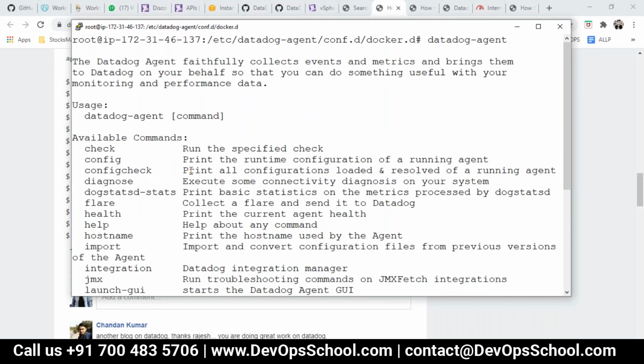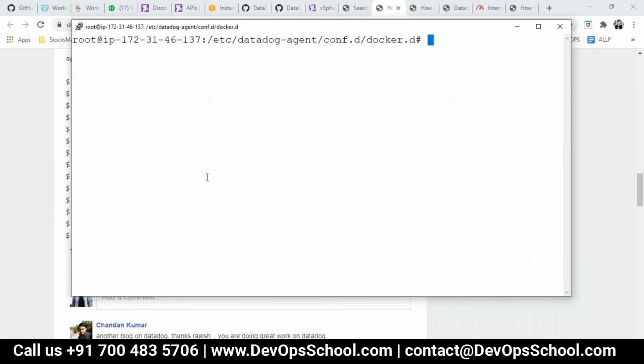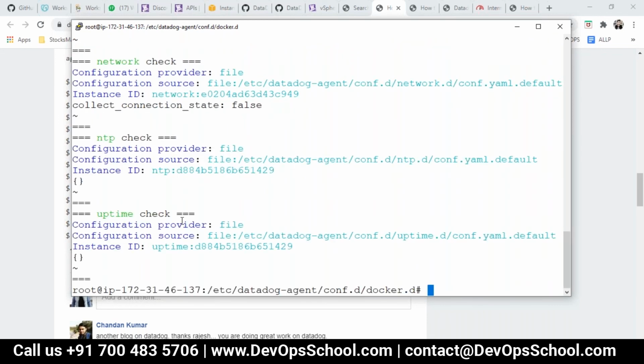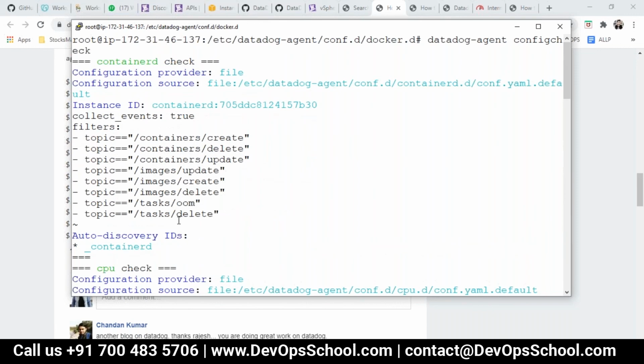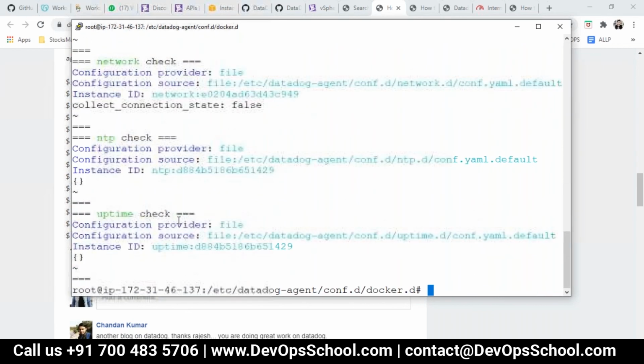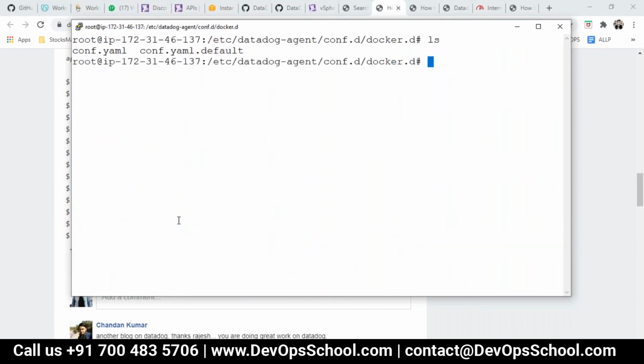The config check prints all the configuration loaded and resolved by the running agent. Config will print the runtime configuration of the running agent, but configcheck will read the file. So I just did configcheck, and if it had an error it would show you, but it has no error, so it's not showing anything.